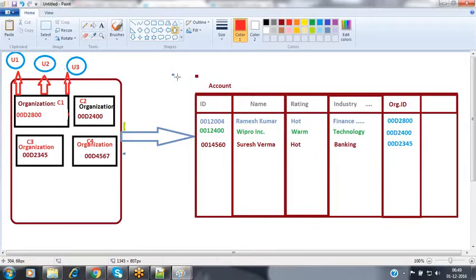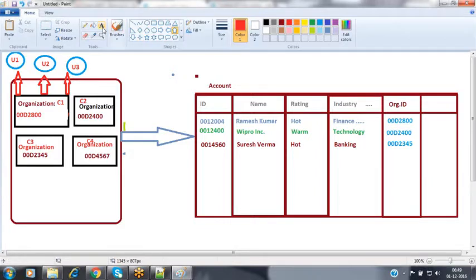So at that time, if user 1 has created the record, then those records should not be visible to user 2 and user 3. Nothing but organization-wise, we are differentiating by adding that organization ID inside the table here. If this organization is having multiple users, then how can we restrict the visibility of the records between those users? So now at that time, whenever you are creating some new user inside